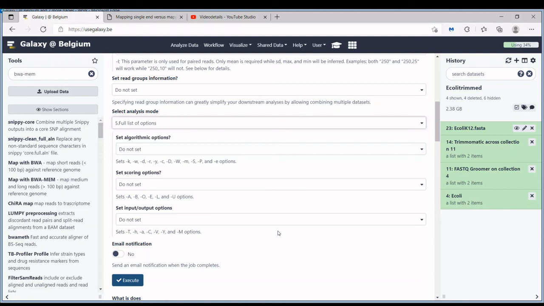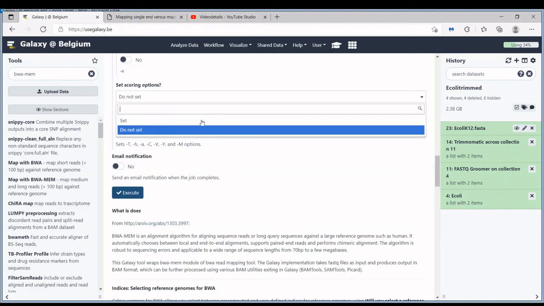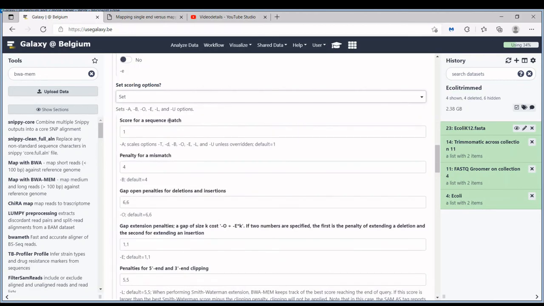Because BLAST alignment and the alignment that Bowtie and BWA do is very similar. So for instance, when I here expand the scoring options, you will see a lot of penalties for gaps, for initiating gaps, for ending gaps, and parameters for mismatches in the alignment. So the same parameters that you would also see when you look at the BLAST parameter form.